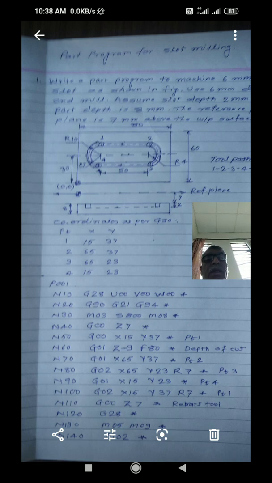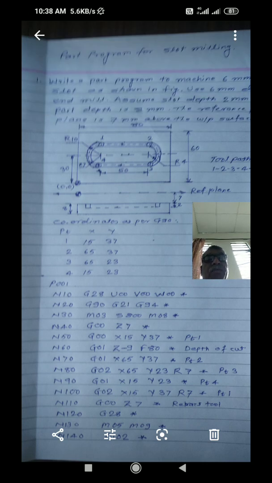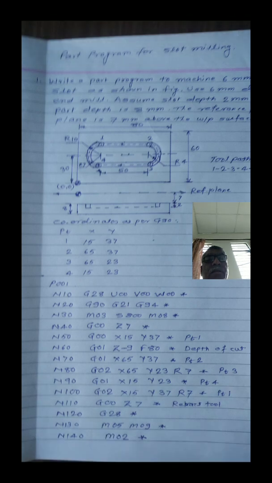Again, when the cutter moves from point 4 to 1, again there is a circular interpolation. Curve path is there. You have to machine the curve path along the radius 7 millimeter. Is it clear? Therefore, again you have to use here the circular interpolation function, and cutter moves in clockwise direction, so you have to use the code G02. That is block number N100, G02, X15, Y37, R7, end of the block. During the block number 100, cutter moves in circular path, that is from point 4 to 1.